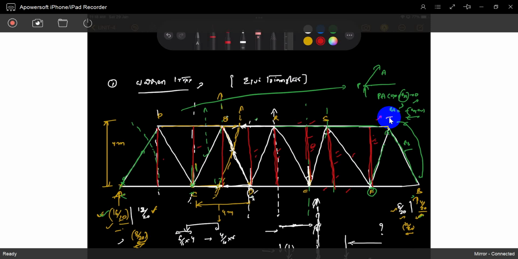Okay, that's the end of the influence lines for trusses. If you have any doubts, ask me freely, like yesterday, one of the guys asked. Otherwise,